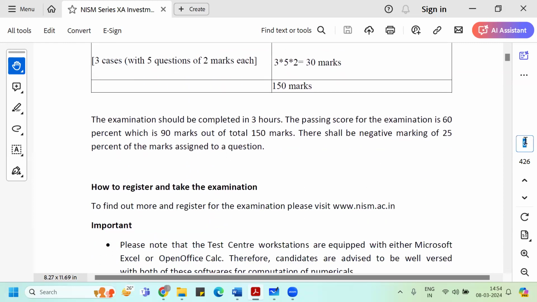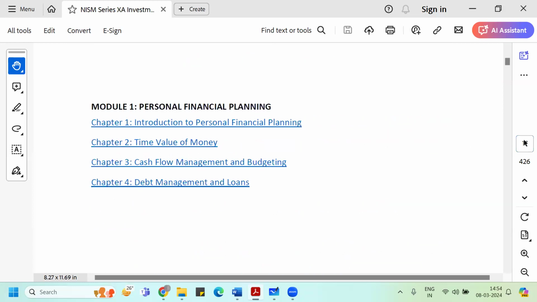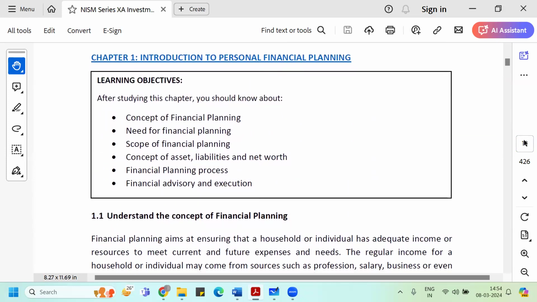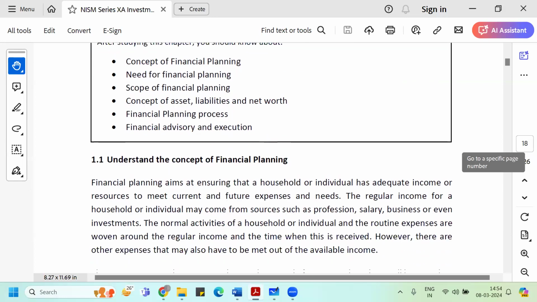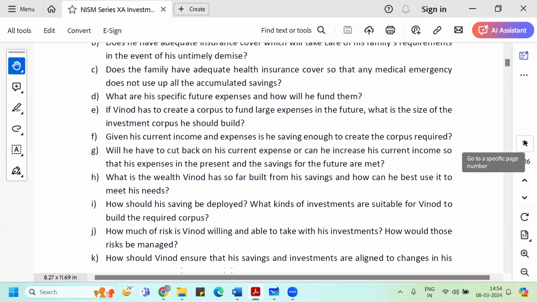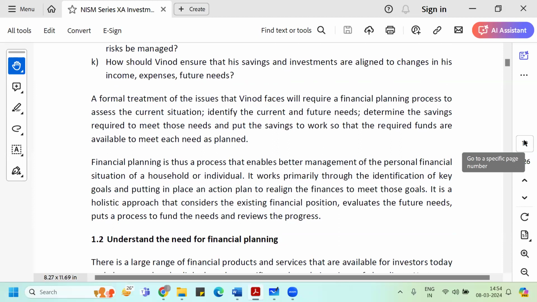Now coming to the content part, let's start the first chapter. In this first chapter of module 1, we're going to talk about personal financial planning. When it comes to personal financial planning, I'm going to talk about the concept of financial planning and then the need for financial planning. So, guys, you need to understand, what is basically financial planning? It is a process that enables the better management of the personal financial situation of a household or an